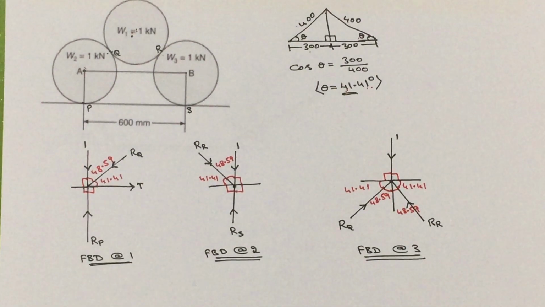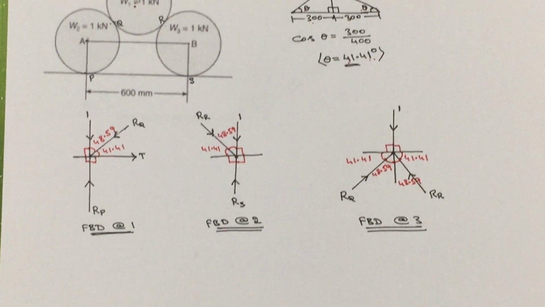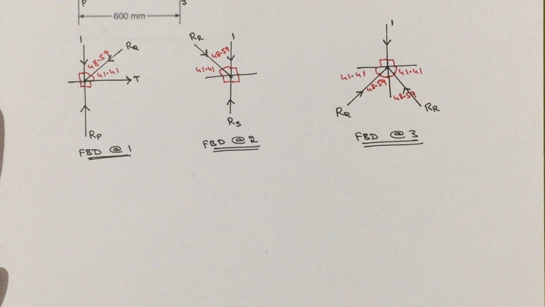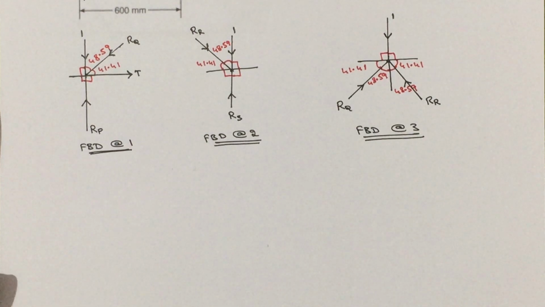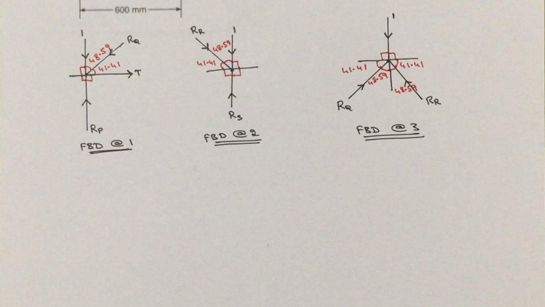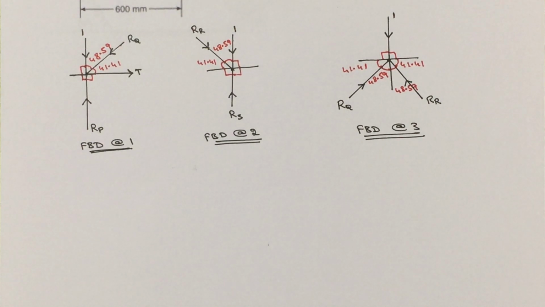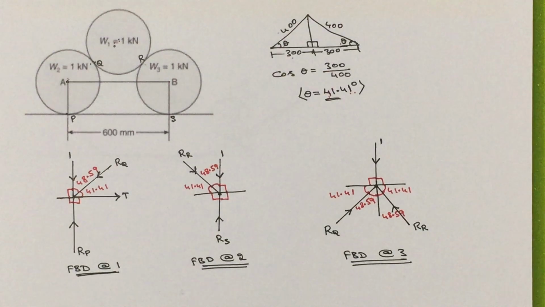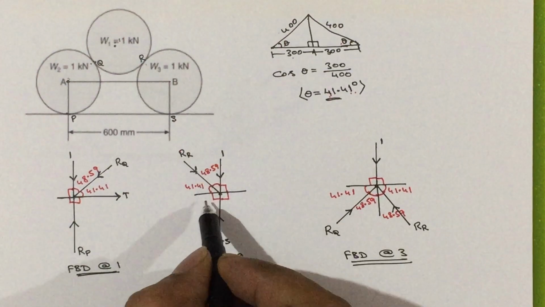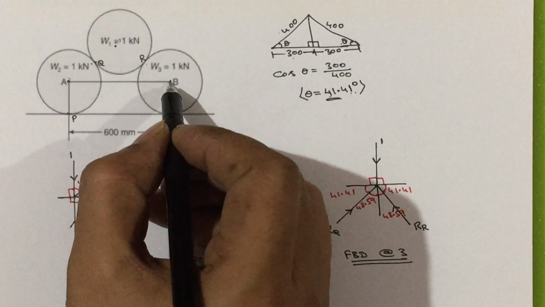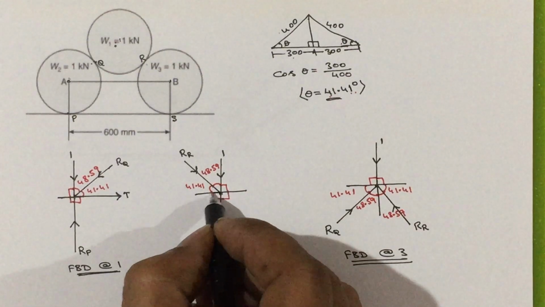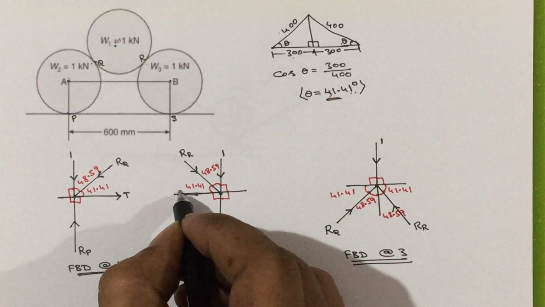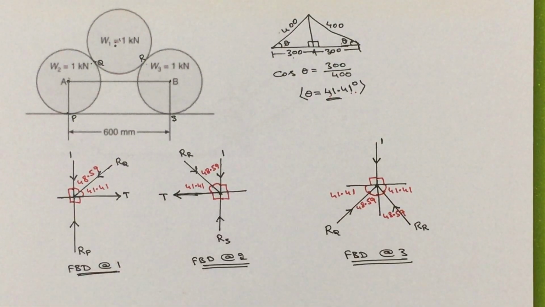Now we have multiple free body diagrams. Now we need to choose the free body diagram to solve the problem. So let us choose. For that we need to count the number of unknowns in each free body diagram. In the free body diagram at the second ball, at this point this string is connected. So here we have tension T.